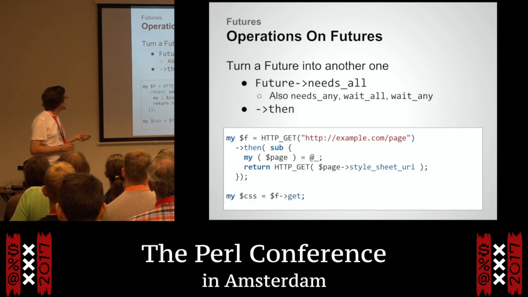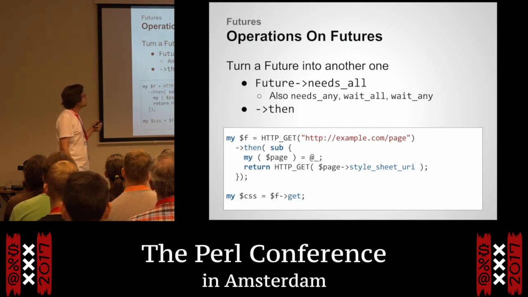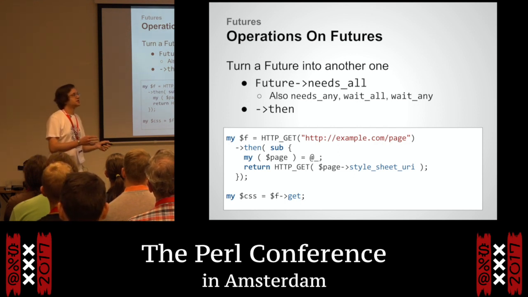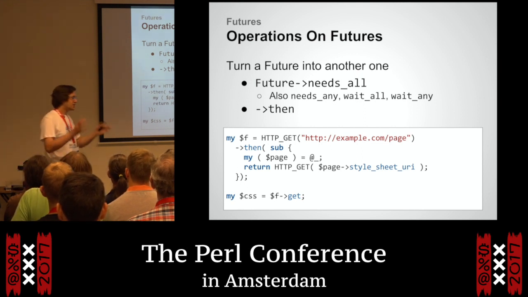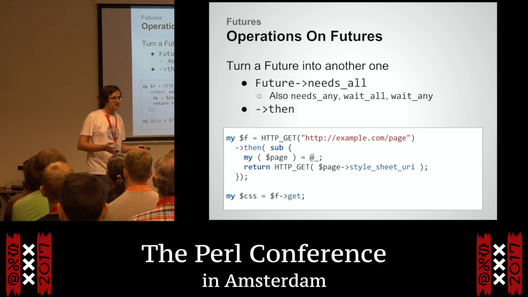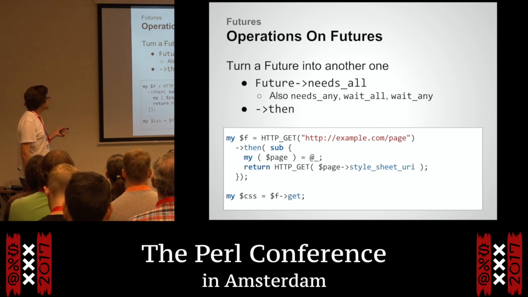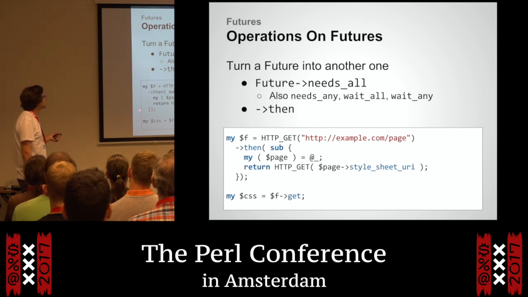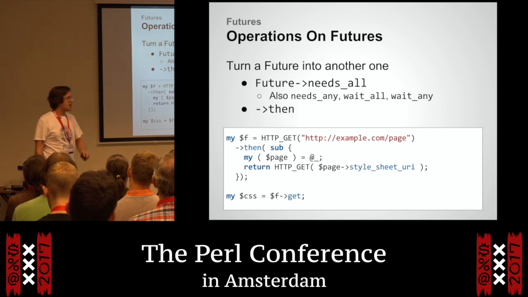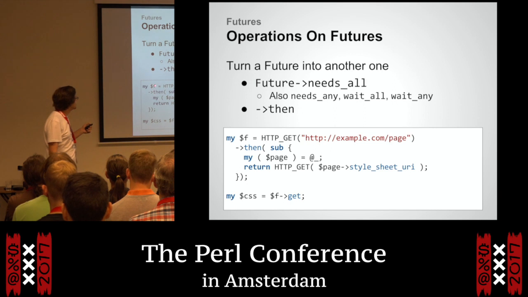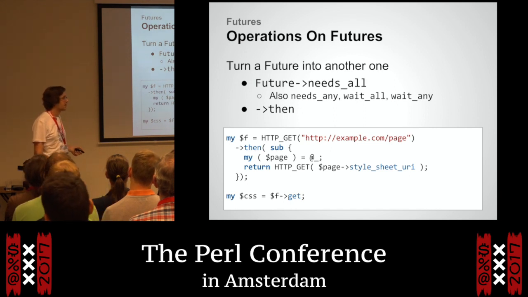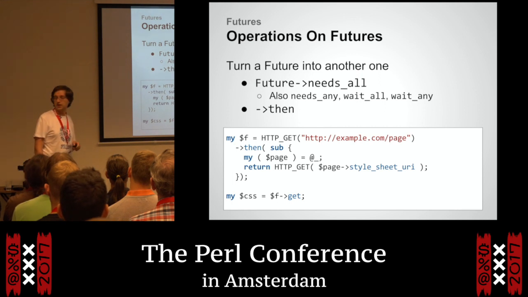There's a then sequencing as well, which is quite neat. Because HTTP GET returns a future, the concept of when this future completes, do this other thing that returns a future, that entire concept is just an ongoing operation, right? That sounds like the sort of thing you can represent as a future. So you have this chaining operation called then, which says, do this first thing, then do a bunch more code and wait for the second thing, and the result of this operation is itself a future. So we can do these sequencing operations a lot neater than that pyramid shape of nested callbacks, because these are just chained below. So suddenly you don't have to keep indenting your code further and further.